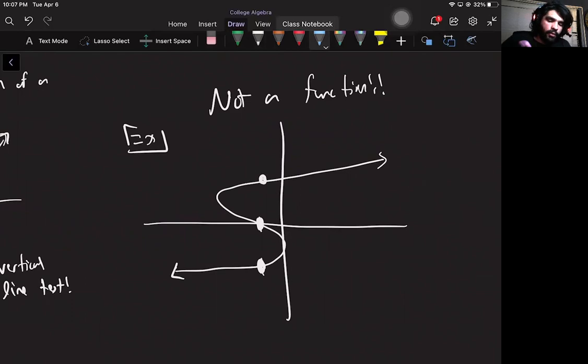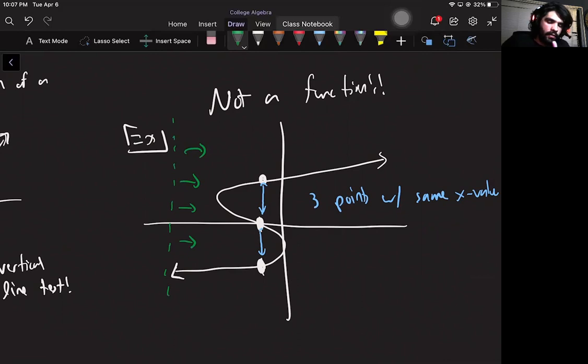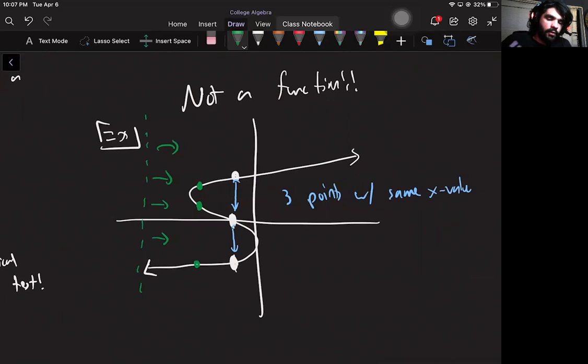Here we have 3 points, the same x value. So the point is that they are just vertically above each other. And so if I were passing my vertical line across this graph, doing this vertical line test, as it eventually got over here, I would see that I keep getting situations where there are points on top of each other, above and below each other. And that tells me that whatever equation created this